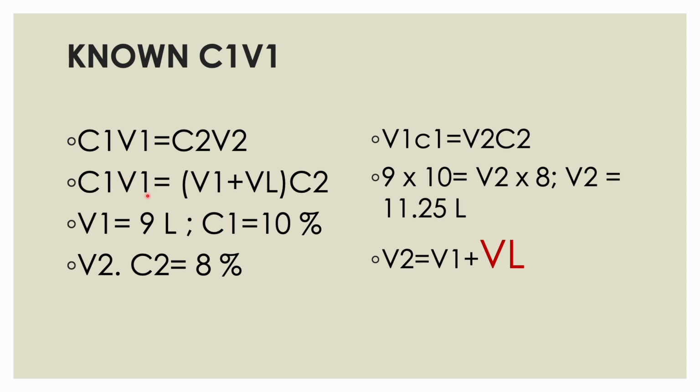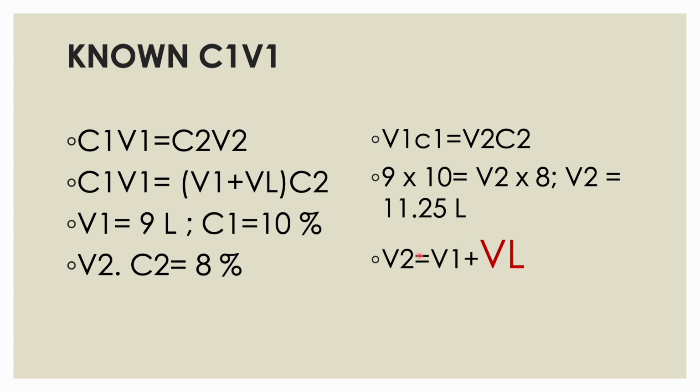Suppose it was 9 liters volume of the spirometer and 10% helium, and then we had a final concentration which included the volume which was already in the lungs and the new volume that was put in the lungs, and the new concentration. So let's apply this. C1 V1 is C2 V2. So we started with, say, 9 liters, we had a concentration of 10, and then the final volume V2 into final concentration, say 8%. So we know V2 now.